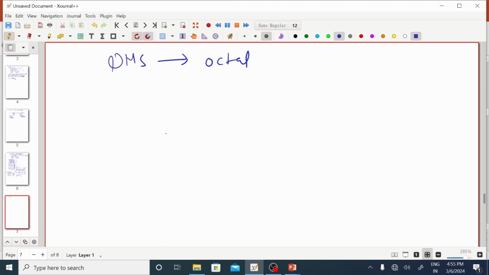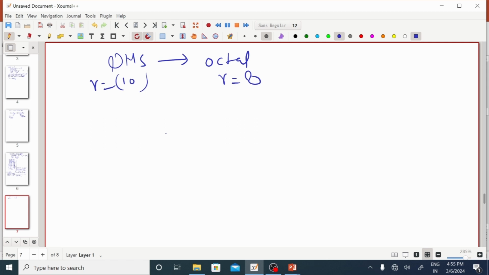Here we know the base of the decimal number system. The base of the decimal number system is 10, meaning the value of r is equal to 10, and here r is equal to 8. So our objective is to convert a base 10 number system into a base r number system. We do the same process as we use for converting a decimal number system to an octal number system.